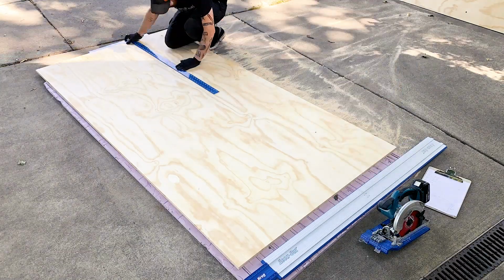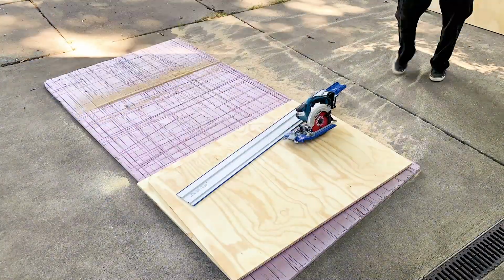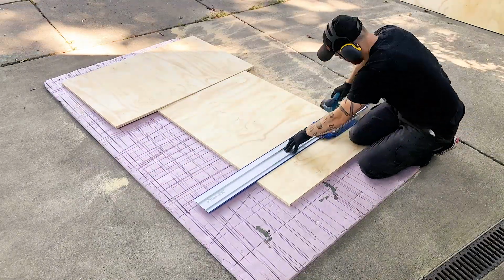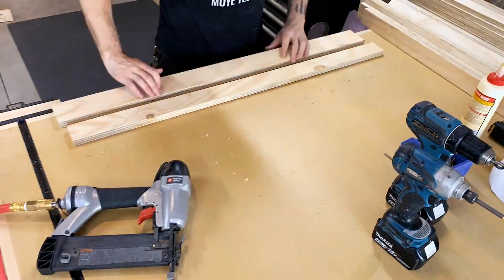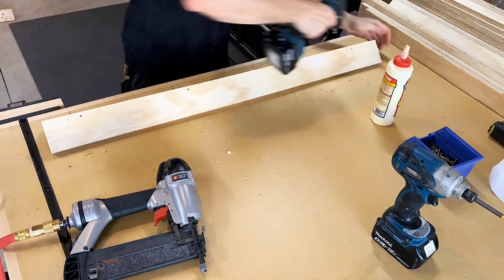Using a new sheet of plywood here, I am cutting out the center of the end panels. This is going to go between each leg, and you'll see that assembled here in just a second. The legs are very simple. I'm just gluing and using some brad nails to hold them in place, and then I come back and add